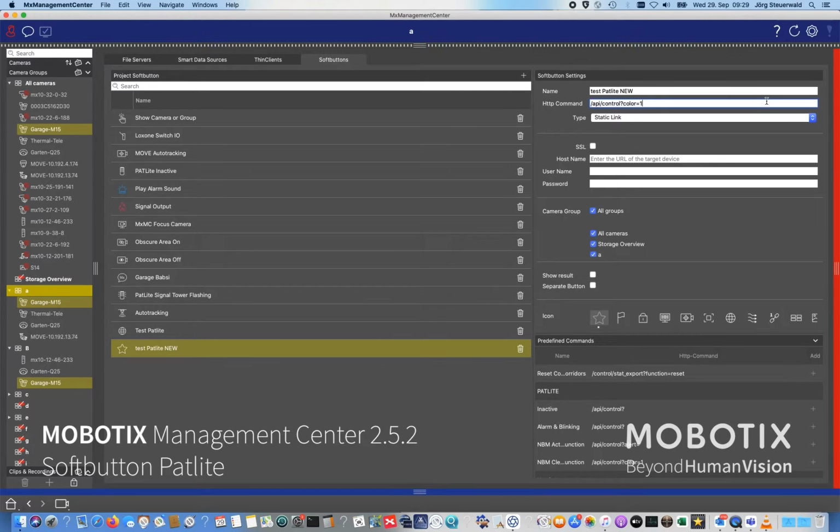Color equal 1, 2, 3, 4, 5. We have 5 signal lights. Add buzzer equal 0 in this case, and flash equal 0 means no flashing. Enter the IP address of that Patlite, enter the name and the password, and then choose an icon, and then you are done. So you see it's very simple, and especially for the Patlite we have, I think, 2